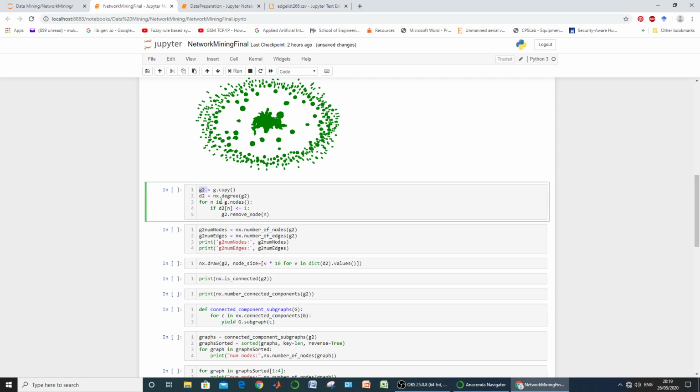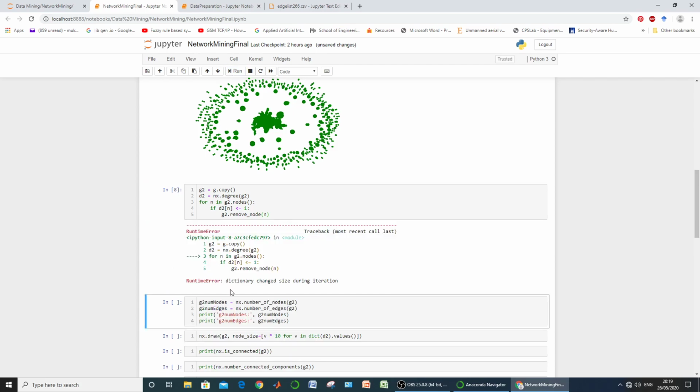Now if we perform this iteration with G2 instead of our original, it will generate a message saying that dictionary changed size during iteration. What is actually happening is that we are executing a loop for all the nodes present within G2, and within the loop we are removing a particular node.